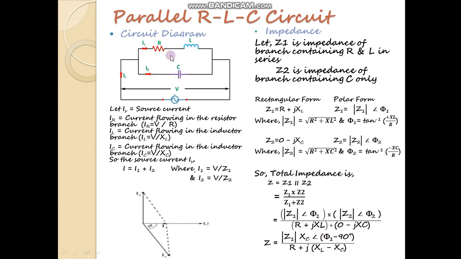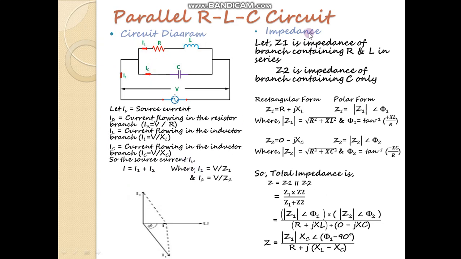Now this is the last AC circuit, the parallel RLC circuit. In this circuit we have two branches. In branch 1 we have connected R and L in series, and then we have connected the capacitor in the second branch, in parallel with this series combination. IS will be the source current, IL will be the current flowing through the R and L branch, and IC will be the current flowing in the capacitive branch. The total current I gets divided into I1 and I2, or IL and IC.